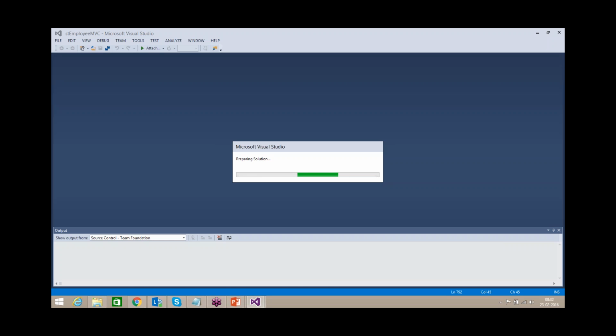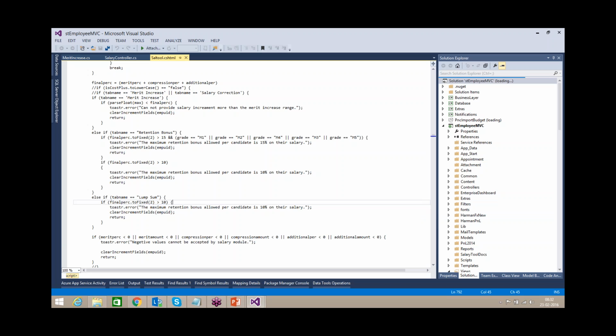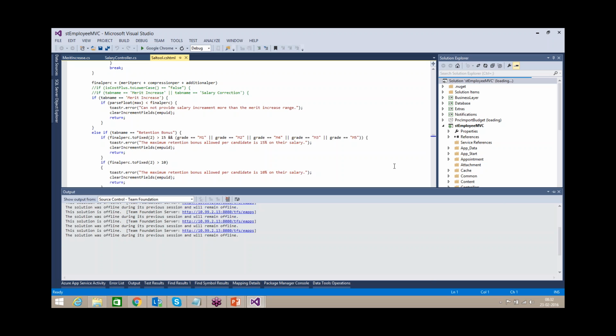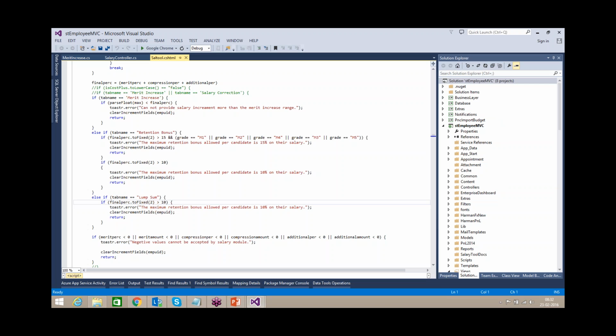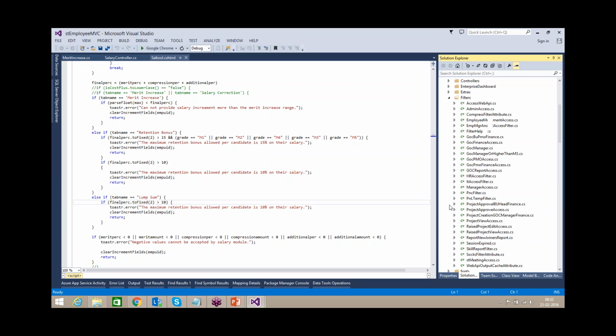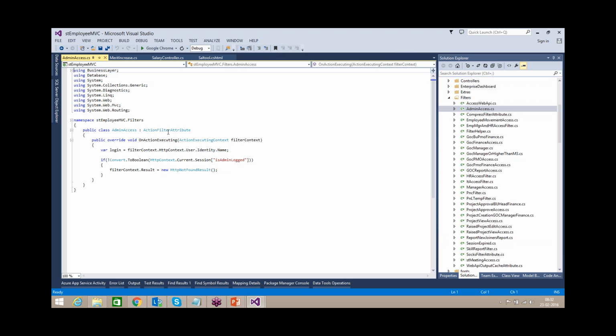This application I am opening is our live example we are currently working on in our company. We are developing this application. So these are filters. Here you can see admin access is one filter, an action filter attribute, and then we are checking inside this.